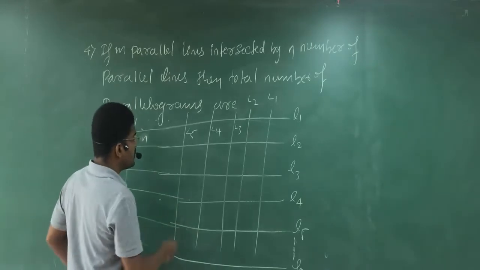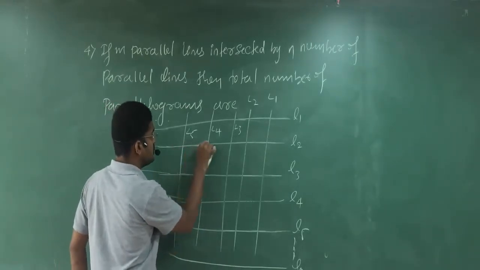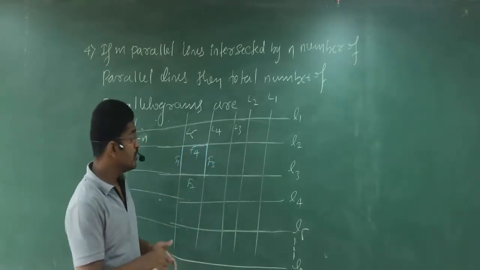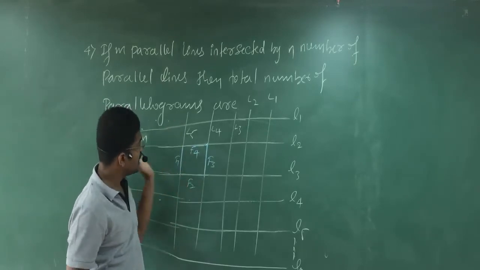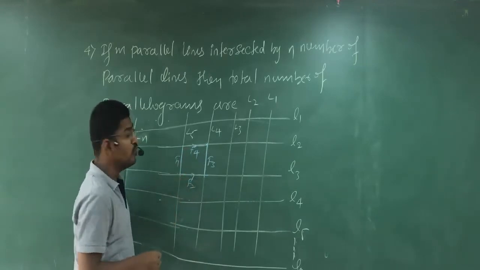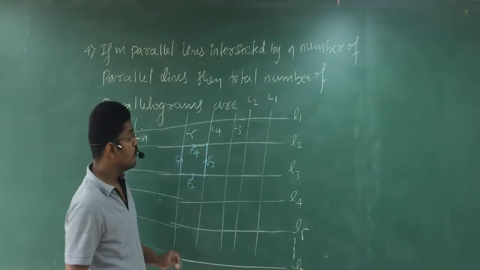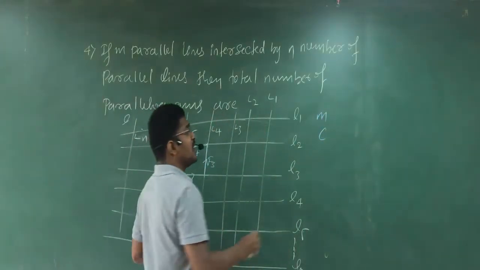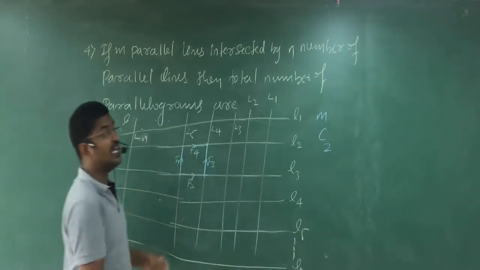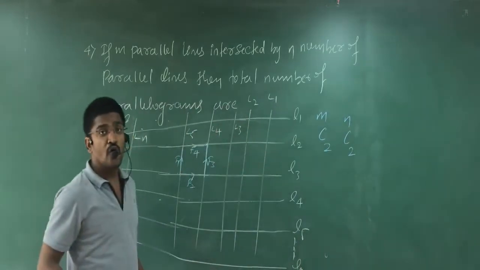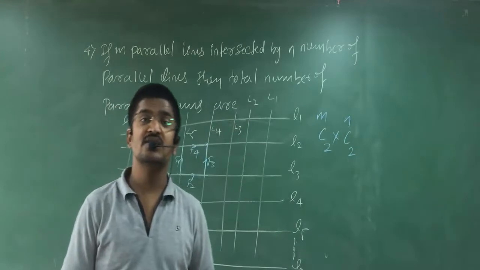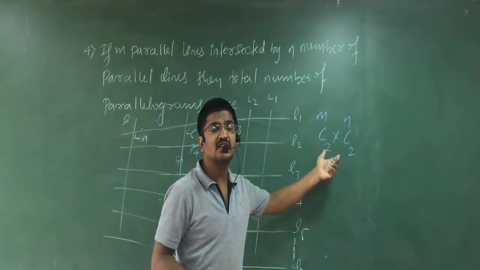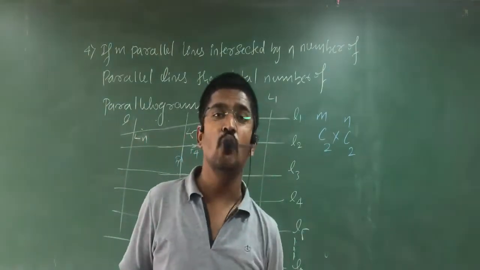So, to form this parallelogram, I need 4 sides, F1, F2, F3 and F4. Among these 4 sides, horizontally I have 2, vertically I have 2. That means from the total m lines which are horizontal, I choose 2, and from the vertical ones, again I choose 2. So if I multiply, with the fundamental theorem of multiplication, you can take MC2 multiplied with NC2,